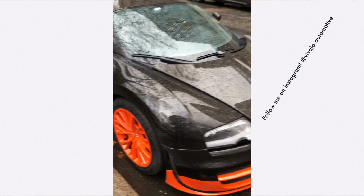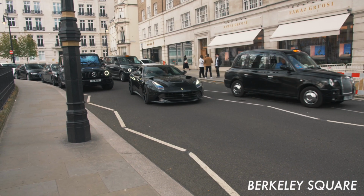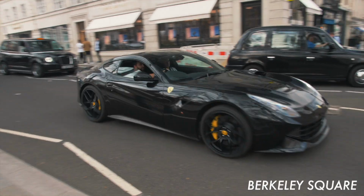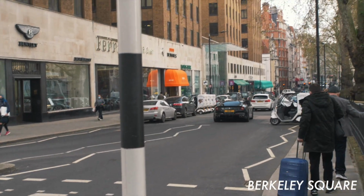So that's the kind of cars that are parked up here around Berkeley Square. And just passing me right now as we're speaking is the new Ferrari 812 Superfast. Or is it new? It's not really all that new, but anyway, it's a black Ferrari 812 Superfast. And here we have the predecessor to the Superfast, the 812, not the 812, the F12 finished in black